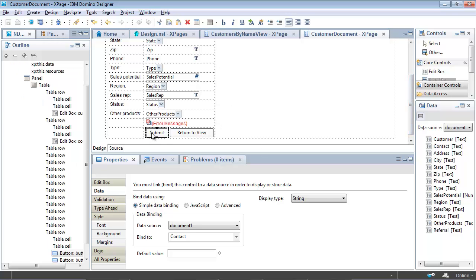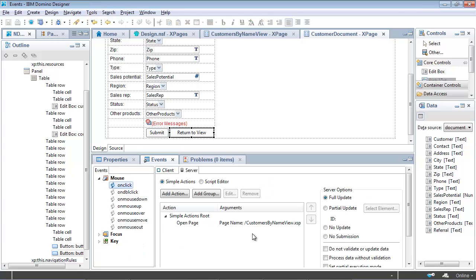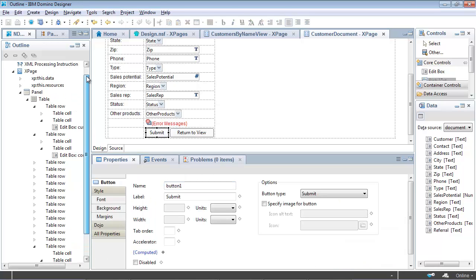Also on here, there is a submit button, submit type button, and a return to view button. And that's a regular button type button. And for button type buttons, you do need to code the event, what that button's going to do when clicked. So its on-click event is using this simple action, open page, to open that customer by name view XPage, that other XPage. The submit button doesn't have anything coded in the on-click event, but if we look at the properties for the XPage,